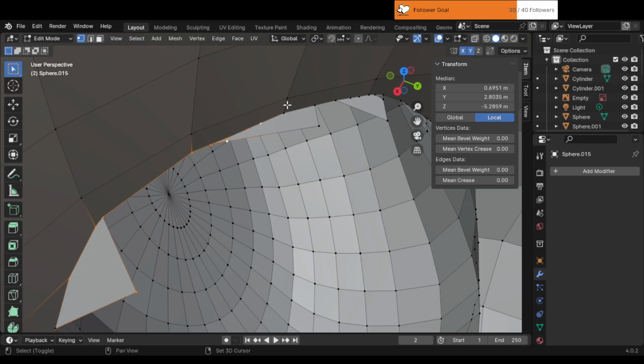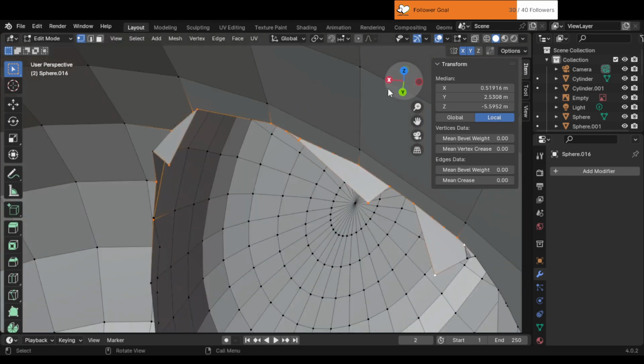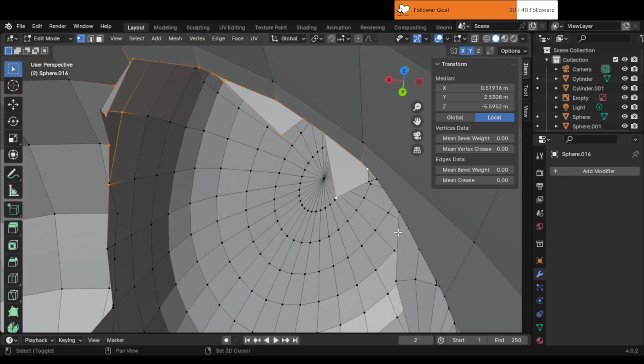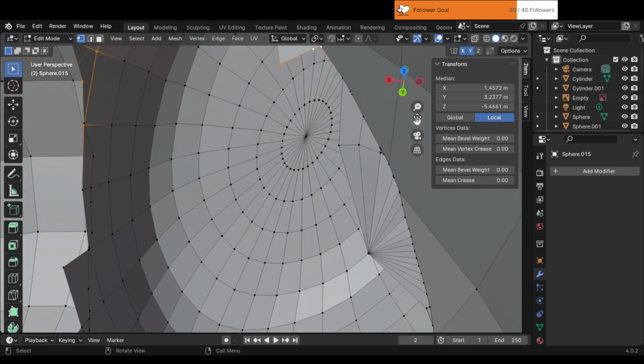Additional tools. Snap to. Using snapping options in edit mode, Control-Shift-Tab, can help you align and merge vertices precisely. Vertex Distance Tool. This tool can help identify and merge vertices that are within a certain distance of each other. Control-Shift-Alt-M. Conclusion. Although there isn't a single automated tool specifically called Auto Join for welding meshes and making them watertight,